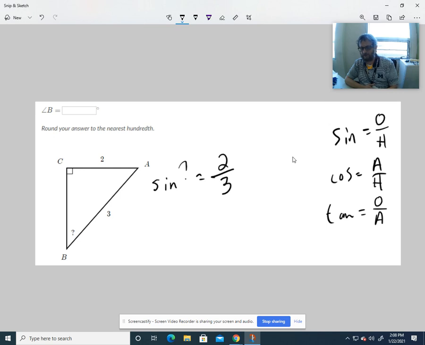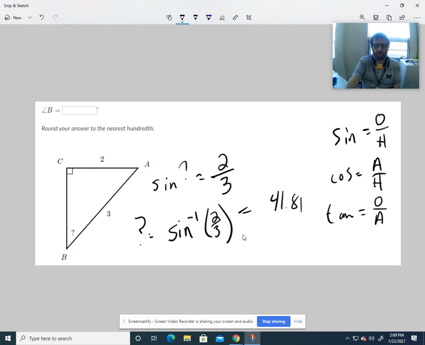Now, what we're looking for on our calculator is something called the sine inverse button. What this does is tell us what angle gave that sine. It does the reverse. So if you go into your calculator and type in 2 divided by 3, at least that's how mine would work, and then hit second, the sine button should turn into a sine with the inverse. Hit that,